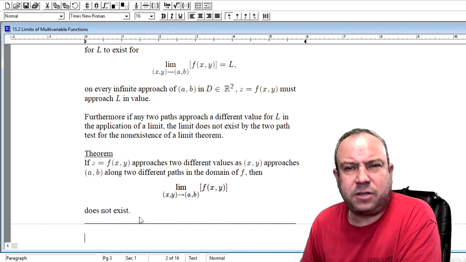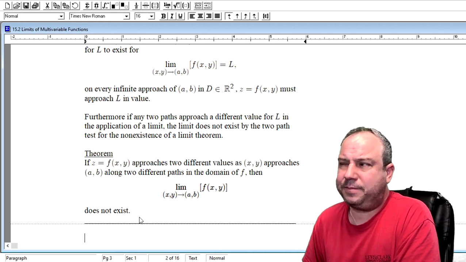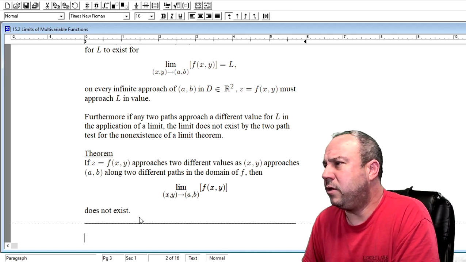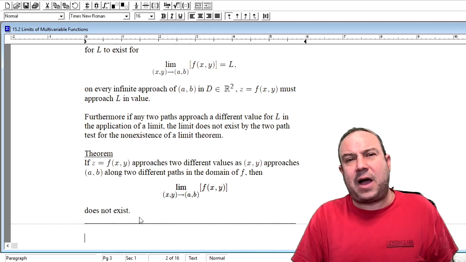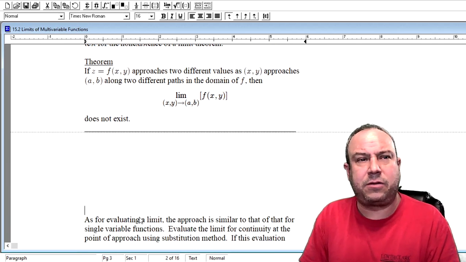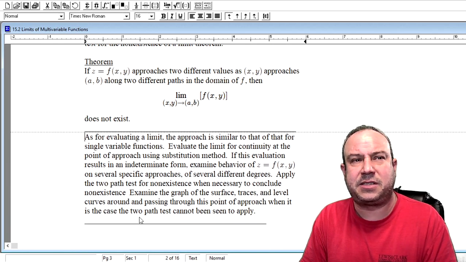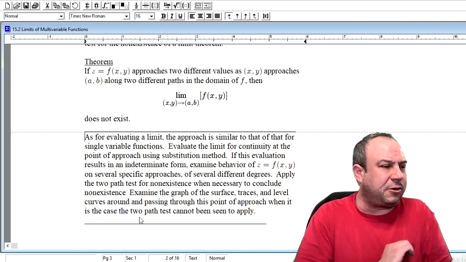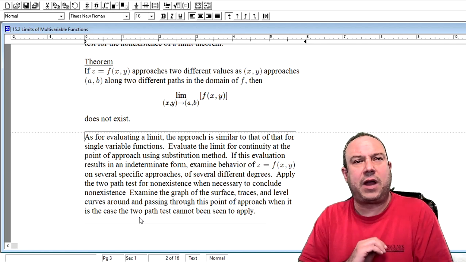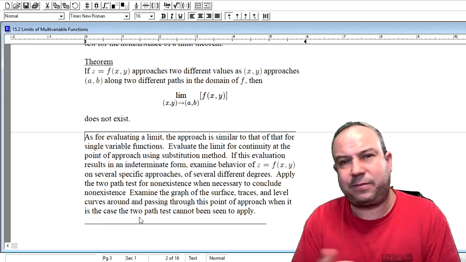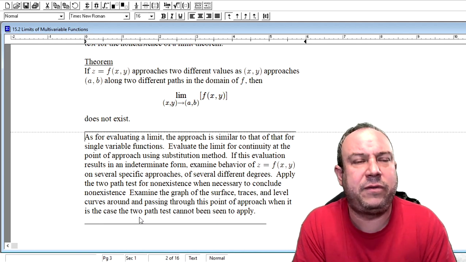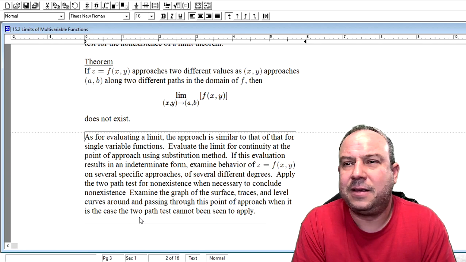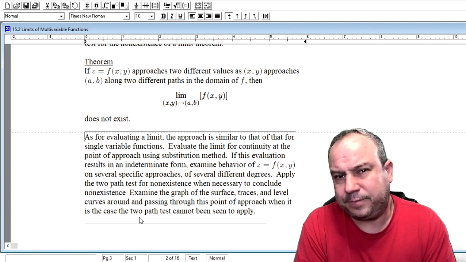But you have to know what you're looking for in the graph. And I'm going to tie some of that in here with evaluating limits. Now, I throw this all out here because I do have another note that follows with just evaluating limits. That is what we're going to get into here, folks, is how do we actually evaluate a multivariable function for a limit? And it is, like I said, not much different from what we've done back in Calc 1,